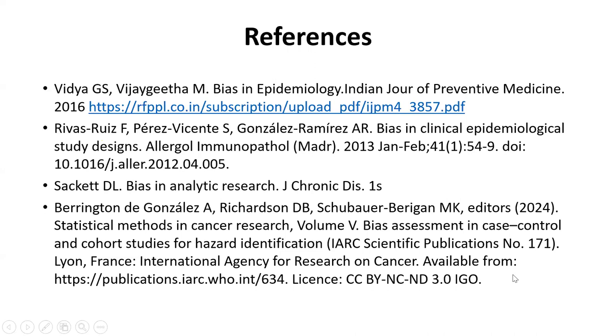Does anyone know about the dictionary? I will share that dictionary by this evening, which will also help you understand the basic concepts in epidemiology, where all important concepts are defined with interesting examples. So if you have any questions, I'll stop you. There is one slide I want to show before I stop actually,